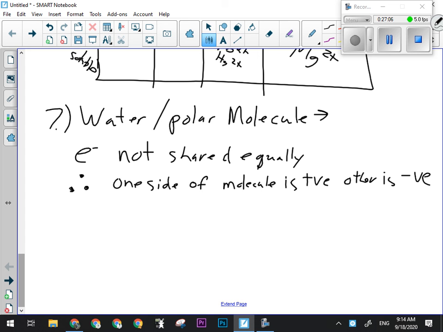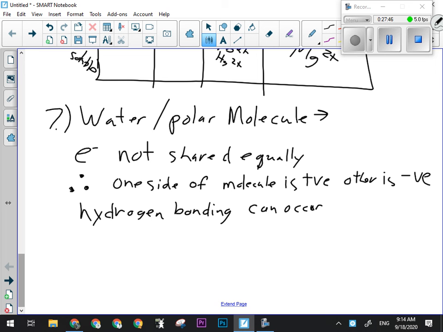What does it mean for what two polar molecules can do to each other? What can they form? Adhesion is one of the examples of this type of bonding. Hydrogen bonding, so hydrogen bonding can occur. Now, hydrogen bonding is weak. We have to remember that. It's not a strong bond. It breaks easily, but it also reforms easily. Hydrogen bonding can occur,